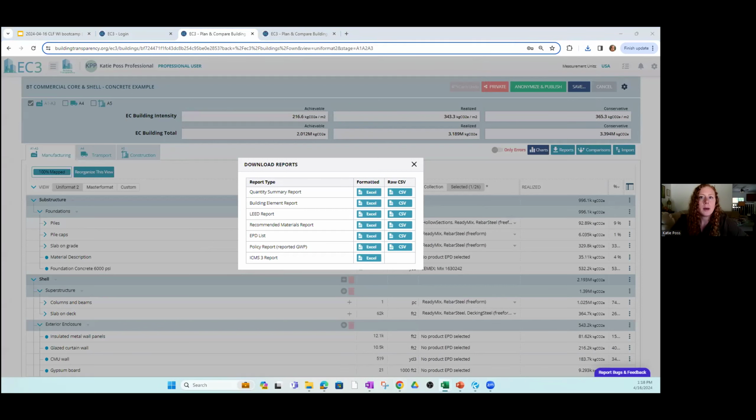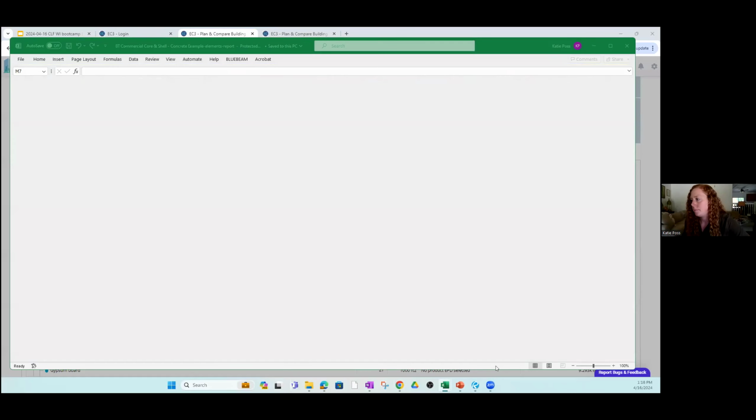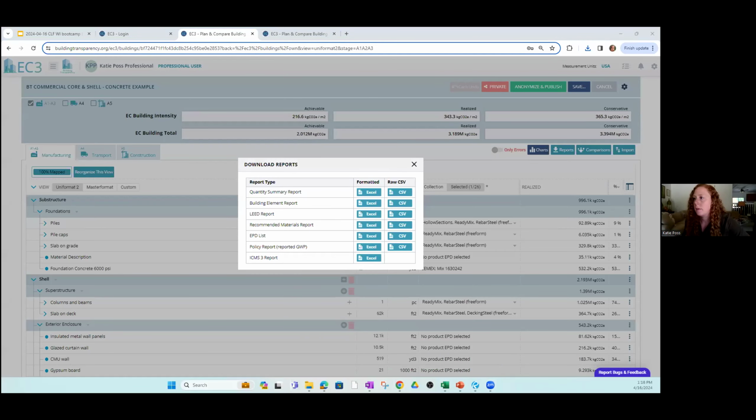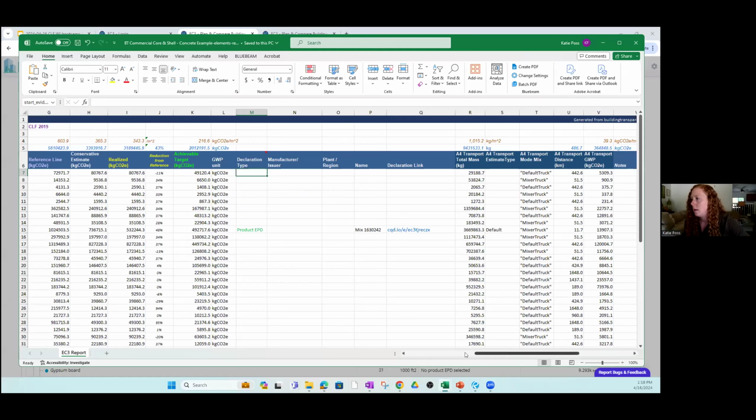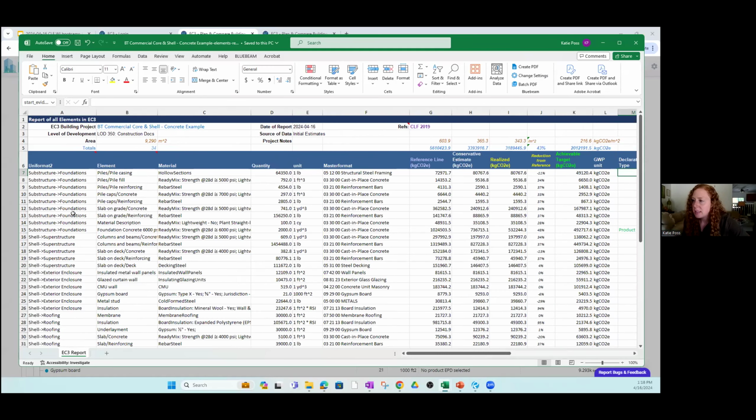And it just opened up here. You can drag it to another screen. There we go. Oh, there it is. So as you can see, this is a detailed list of all of the materials, the